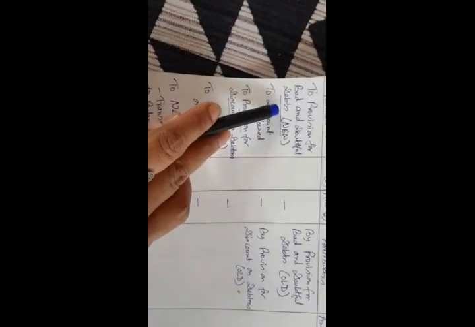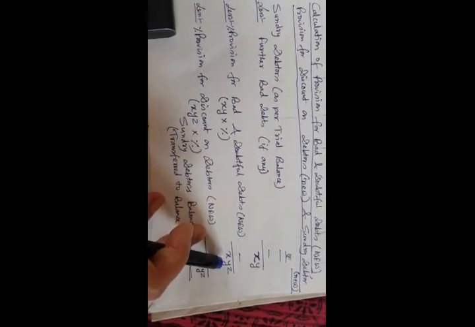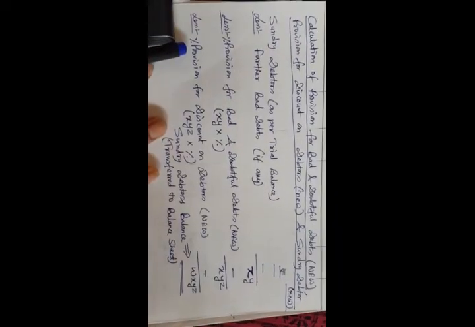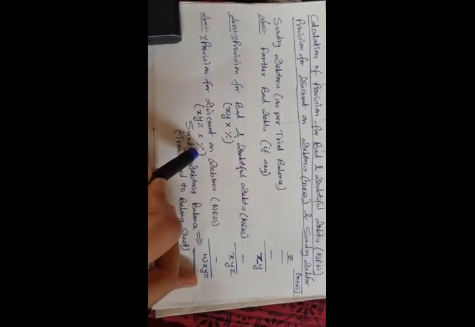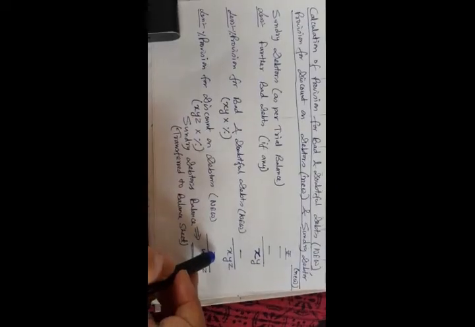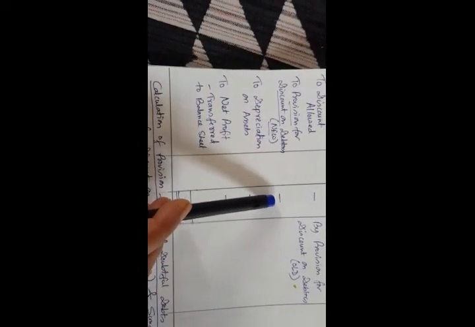Whatever may be the amount, that is your new provision for bad and doubtful debt, which we have to write here. Next, say the balance is now XYZ. Now we have to calculate, say 2% provision for discount on debtor new. So this 2% we will charge on which amount? On this XYZ amount. On XYZ we will charge 2%. So this will be your new provision for discount on debtor, which should be written here. Provision for discount on debtor new. So we have to write this amount here.